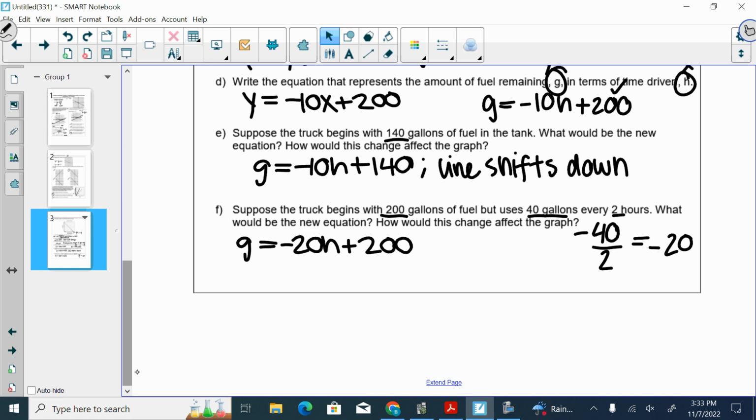Remember, the negative doesn't really affect anything. We're just looking at the number itself. The bigger the number, the steeper the slope, right? So what's bigger, 10 or 20? 20. Yeah, because we don't care about the negatives, remember? Negative just changes the way the line faces, right? So, yes, 20 is bigger. So, we would be able to say the line